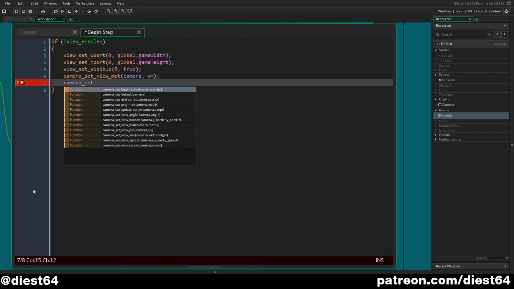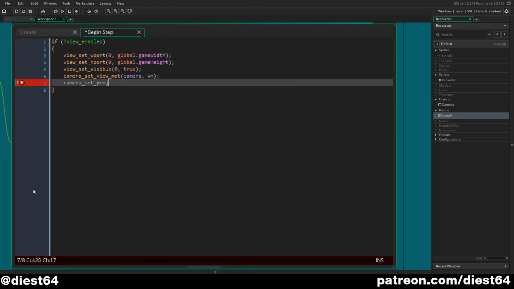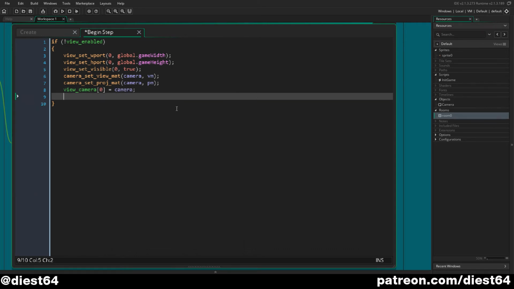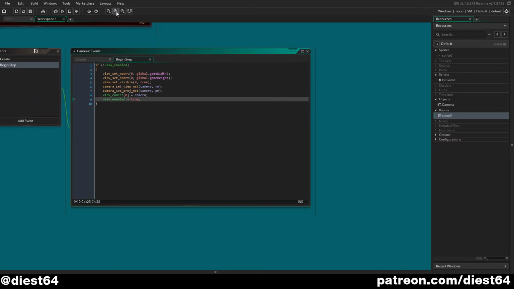Now we're going to do the same with the projection matrix. So camera set projection mat camera PM, and now we have to assign the camera to a view. So we're going to do view camera 0 equals camera. And now that we've done all this, now we have to actually enable the view. So we're going to do view enabled equals true. So now that we have all that set up,